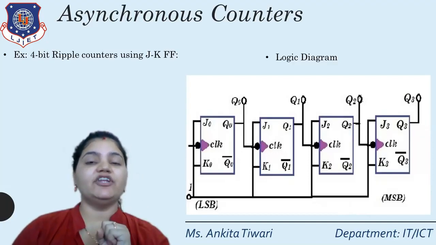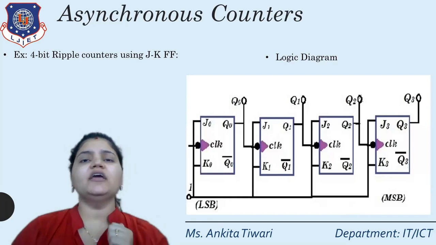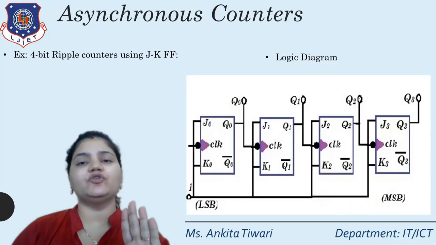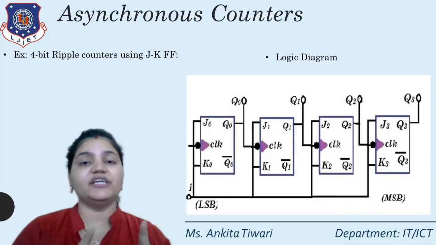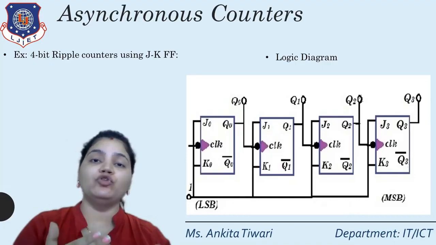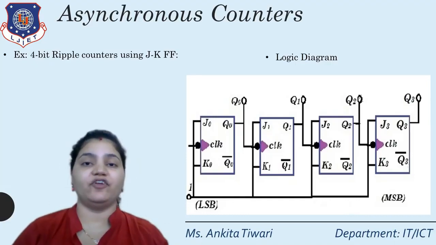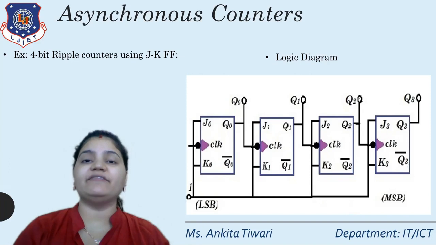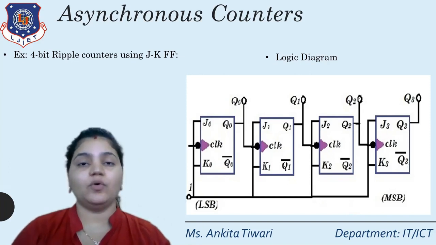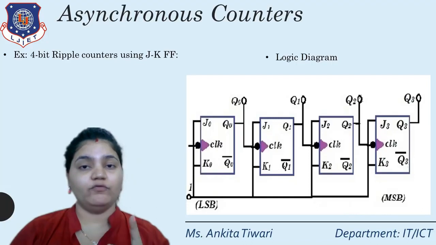Now, all the inputs will be set to 1. Why are we setting that value to 1? Because we are not finding the input conditions. With respect to input, there is no change from present to next. There is a change only when the clock pulse varies. The clock pulse varies with respect to the output of one flip-flop to another flip-flop. So this is the main condition that we need to understand when we are talking about asynchronous counters. Now, moving forward, all the inputs of each and every flip-flop are set to the value 1.